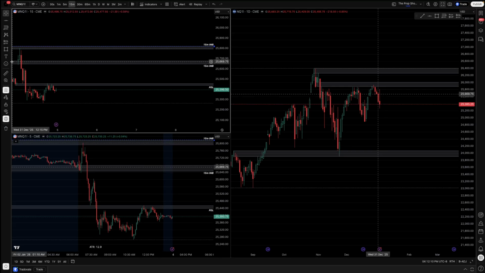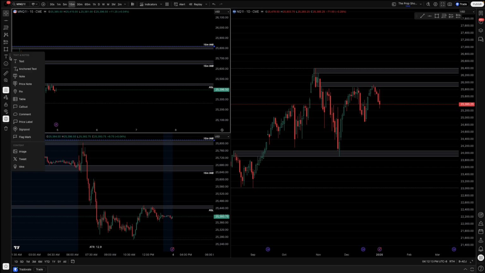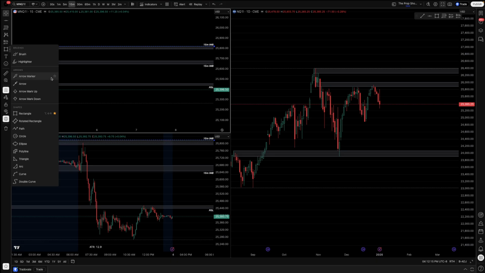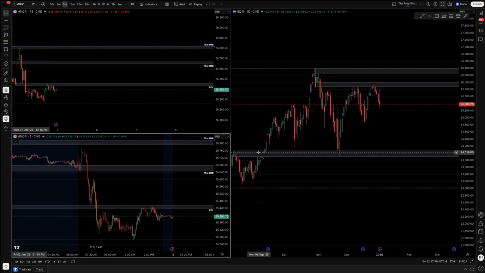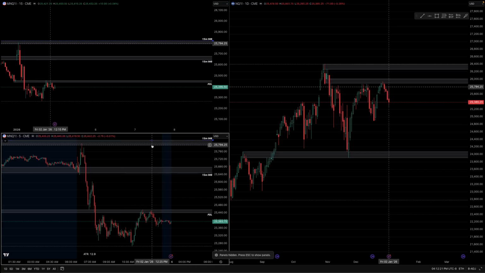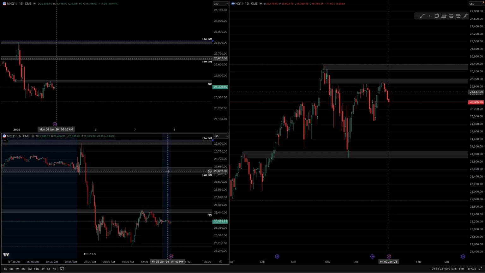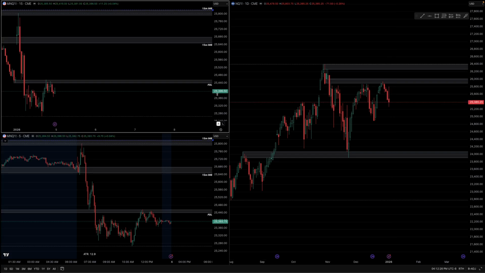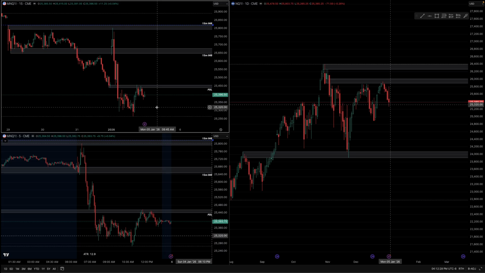I'm going to bring this arrow chart up for you guys really quick. I just kind of want to point out what I'm seeing on the charts and maybe exactly where you could have taken some entries to be successful today. So on the 5-minute time frame, recognize I had alerts at the top and bottom of every zone. These zones were drawn before the market even opened,